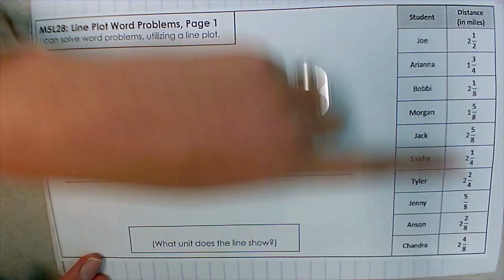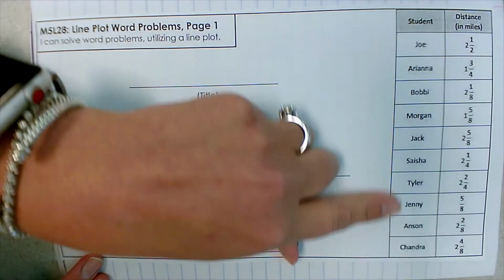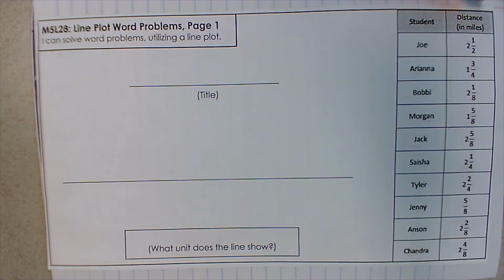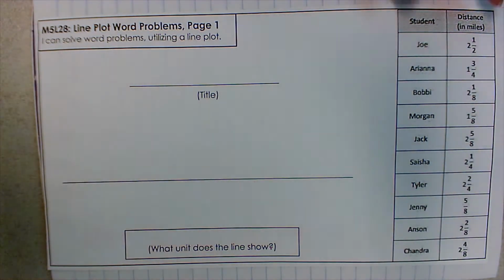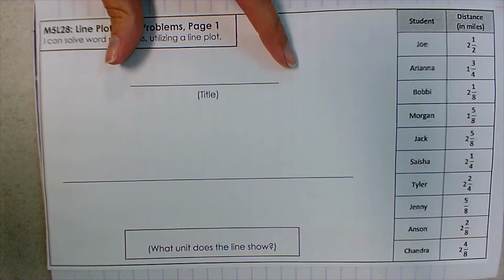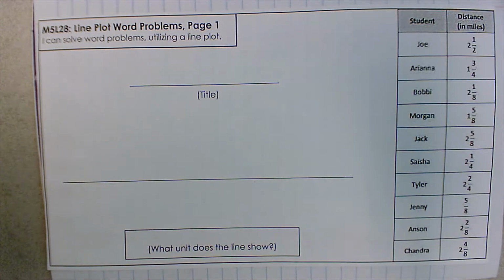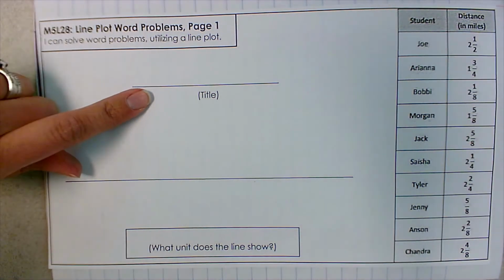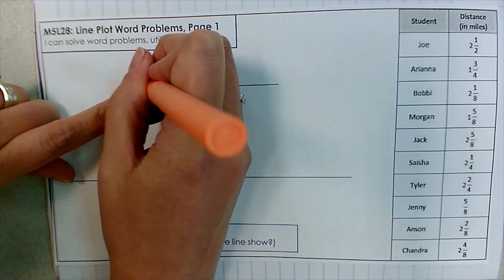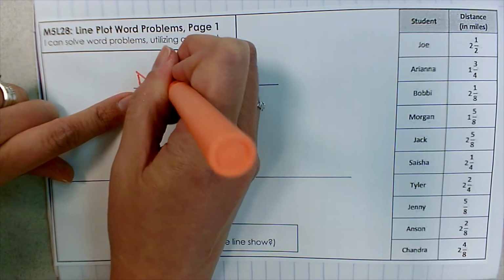So I have a table over here that gives us all these student names, and it tells me the distance they ran in miles. And so our job is to take this information in our chart and to turn it into a line plot or a different type of graph. Now a line plot needs a couple of things before we get started. The first thing it needs is a title. And so we're going to say that this is the distance